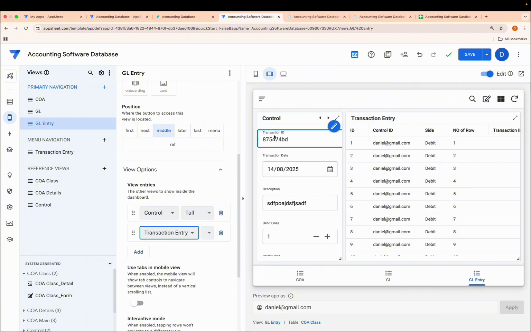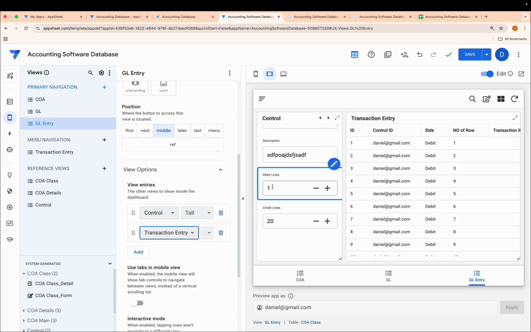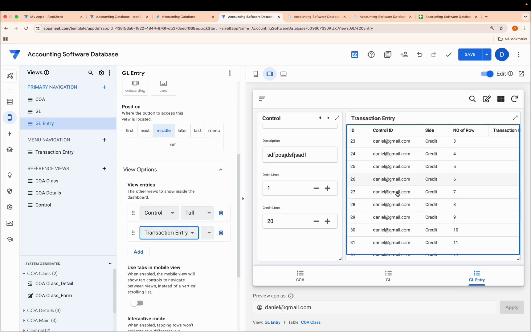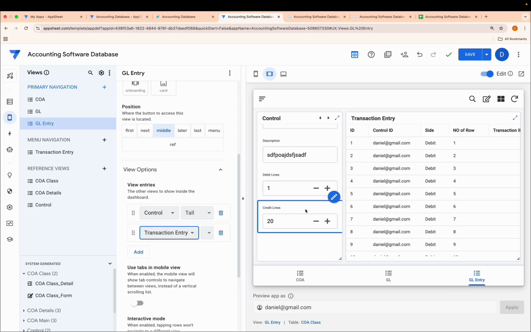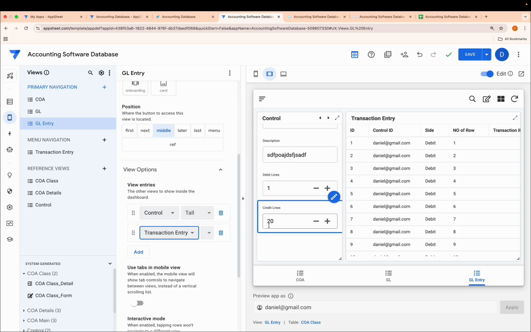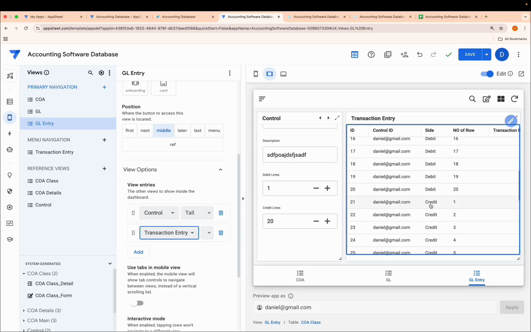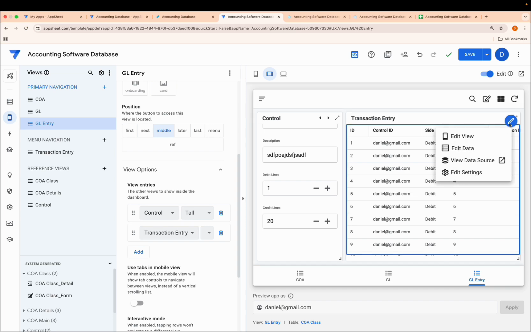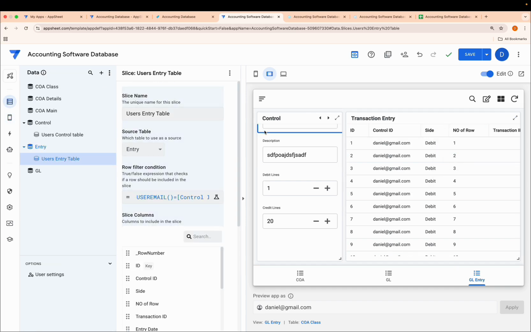So it's going to look something like this. Good. So we're going to have our transaction ID, transaction date, description, debit lines, credit lines. Okay, good. Now, we also want to make sure that if the person has selected one debit line and 20 credit lines, we usually see the first debit line that has one, and then we should see the 20 lines that have credits. You get it? Good. So we have to include another condition over here.